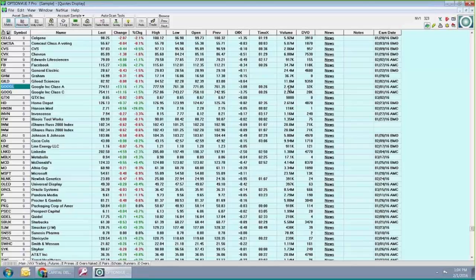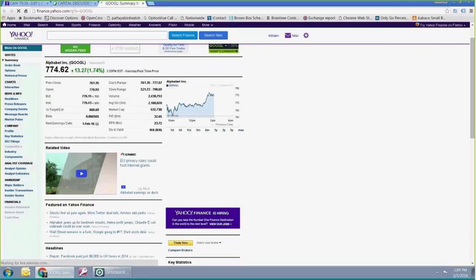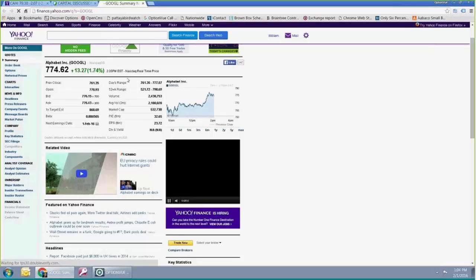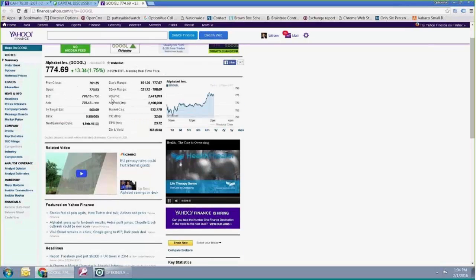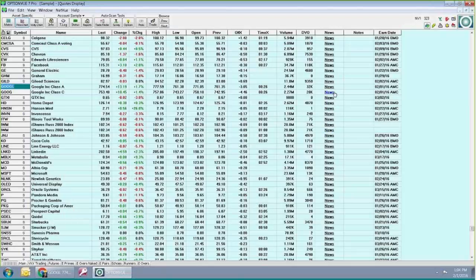You can see the volume, shares traded. The DVO, as we mentioned, 32K means 32 million. You can add news, and the news column is simply just a link. If you click this link, the default is Yahoo, and I like Yahoo, so it comes up here, Alphabet, and takes you right to the page with all the information on Google, especially if you want to see what news there is today. So it automatically does that in your browser.